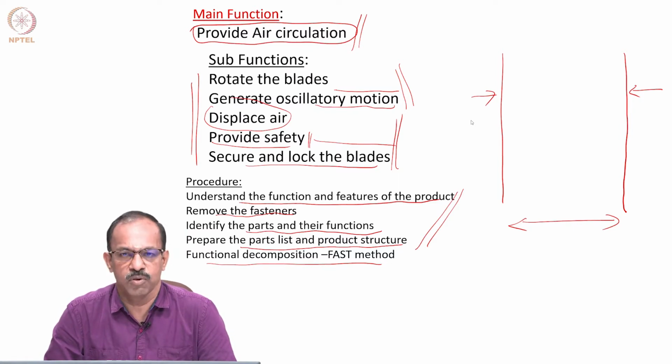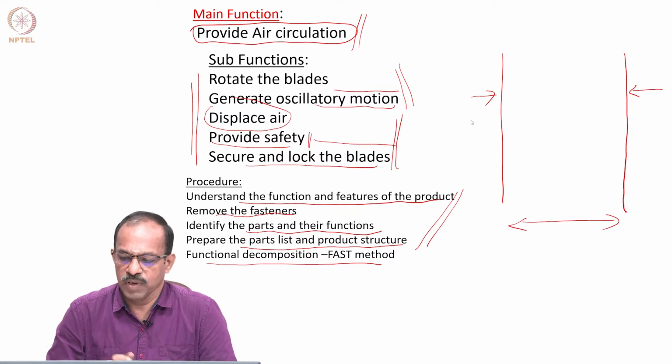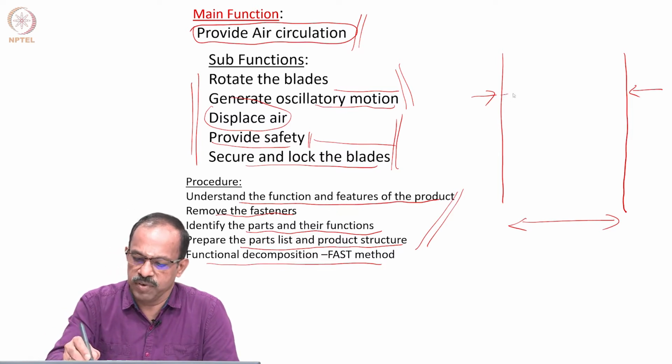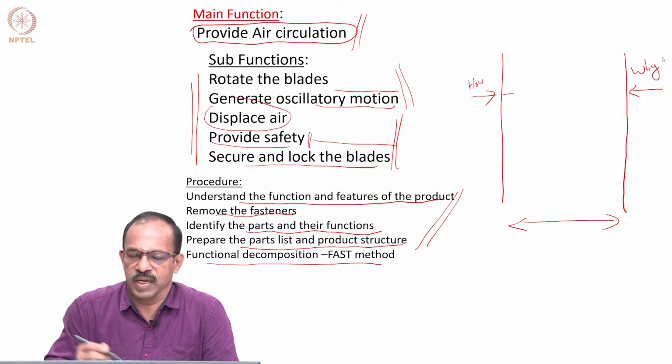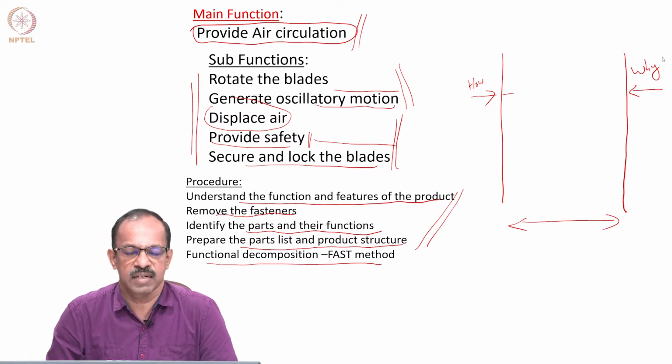So this is the way you look at it, and then we start asking questions: why is something there, what happens when you give some input to it, or how, why and how. This is why we do the functional decomposition. So we start this, and then we try to identify how something is happening and why you are giving something. You are giving electricity as an input, so why are you giving electricity?